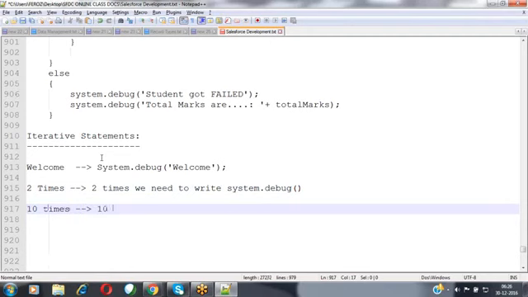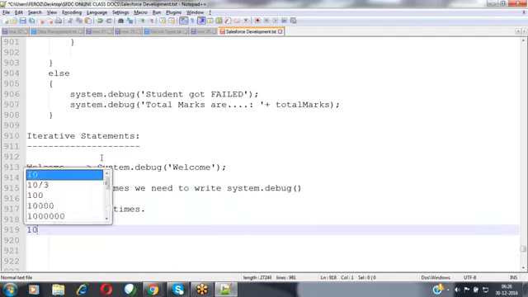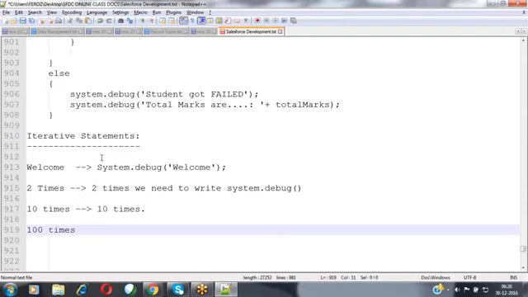Then we have to write that same statement 10 times here. If you want to display the welcome message 100 times, then what needs to be done? We have to write the system.debug statement 100 times. Functionality is very simple, just displaying that welcome message, but the number of times keeps on increasing here. So for that, do I need to write so many lines of code?